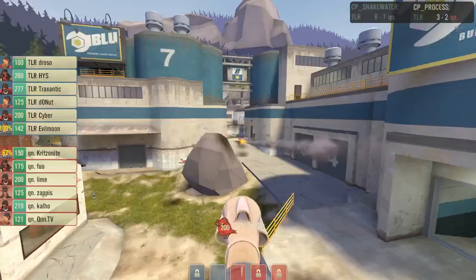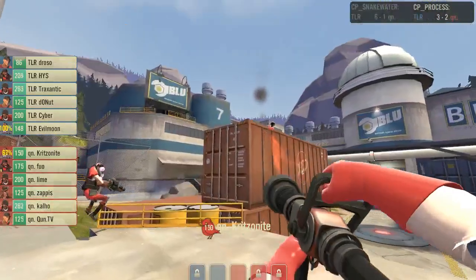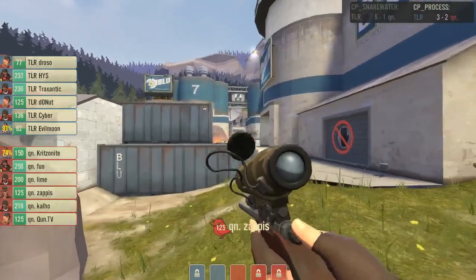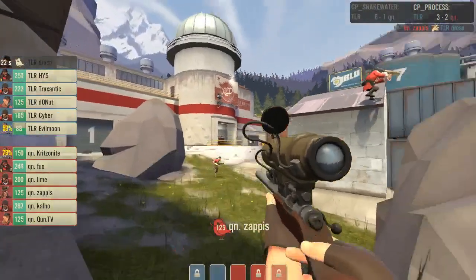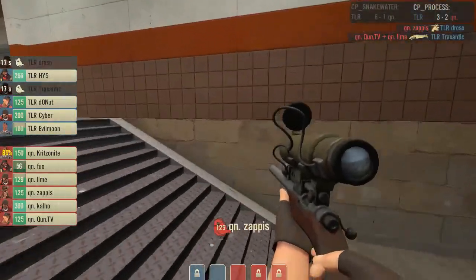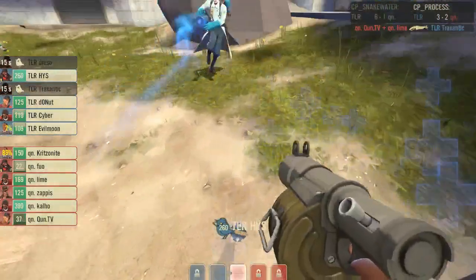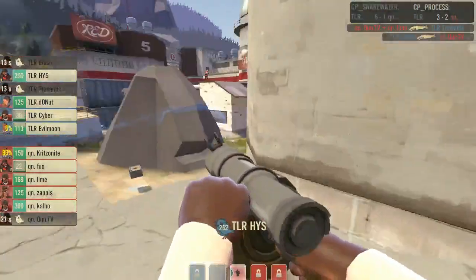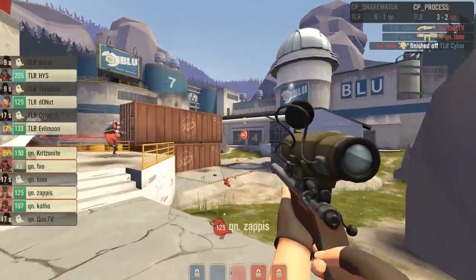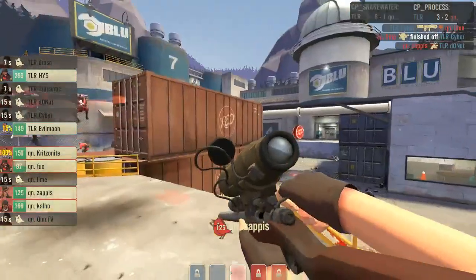Looks like TLR do want to push right now as they have his and a scout at choke right now. Walking through, they're stuck on the rock though, trying to breach very slowly. Evilmoon's going to eat some splash. Pops very early, and the headshot going to come out from Zappis. That will hurt this push quite a bit, especially because Vikun is now coming and clean up Traxantic, and looks like he is going straight behind. Kritzonite moving into mid, but Vikun will get cleaned up by Donut. Cyber gets a kill on Lime there as well, so despite the fact that Quarantine now have their Uber up,